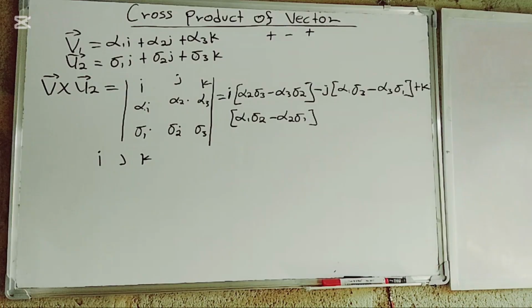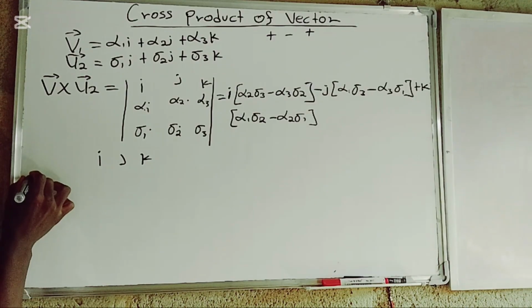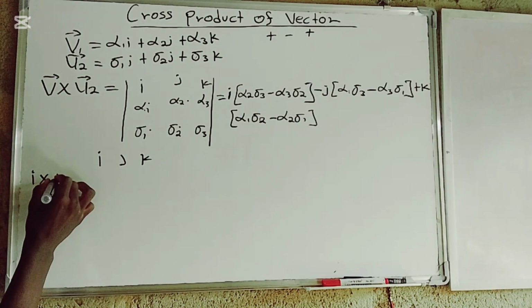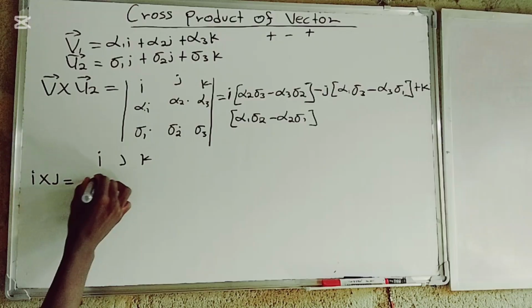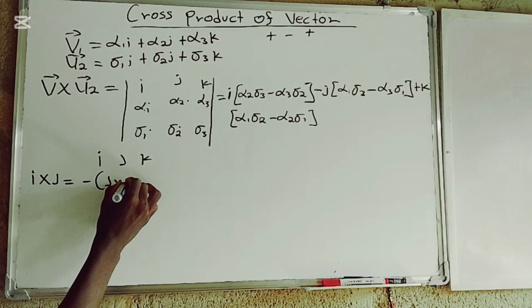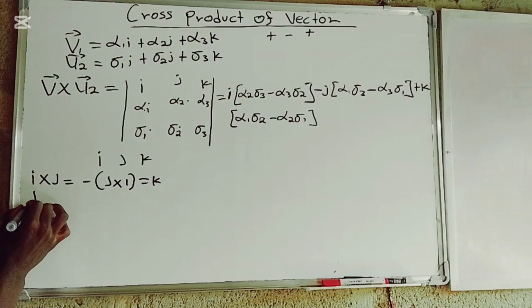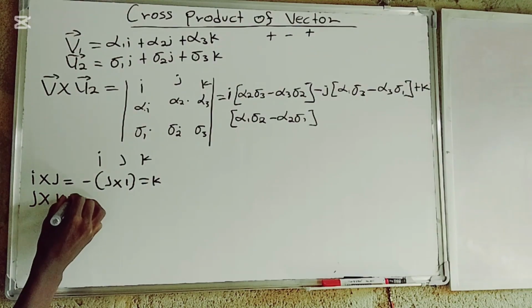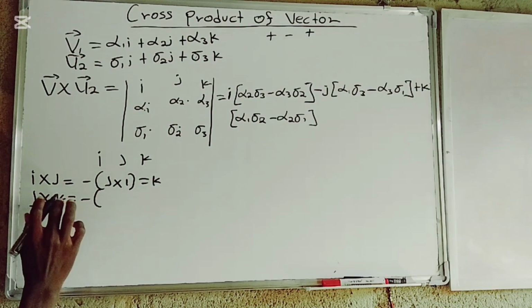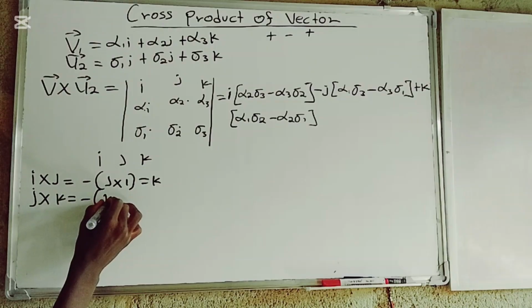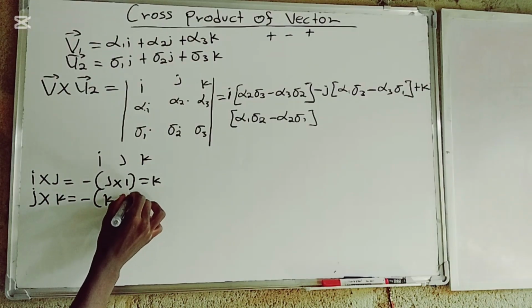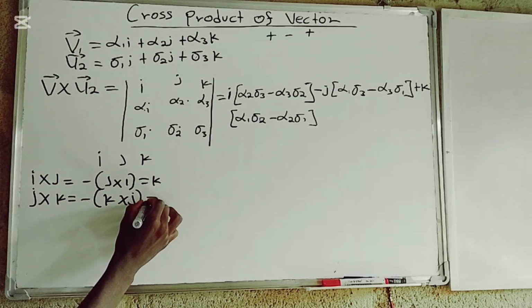But in cross product, i cross j is the same thing as negative j cross i, which is automatically equal to k. And therefore j cross k is the same thing as negative k cross j, and it's automatically equal to